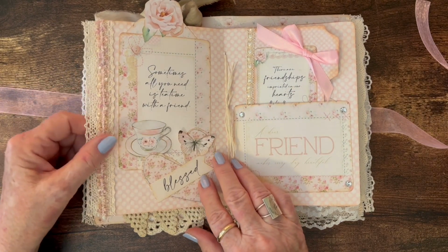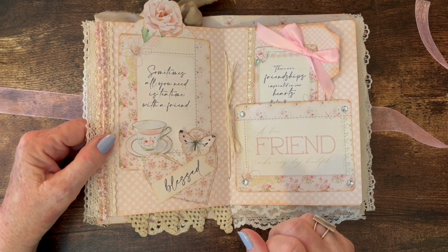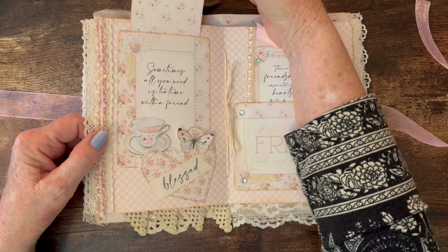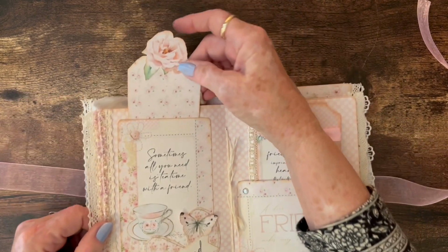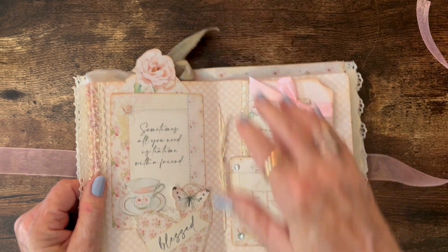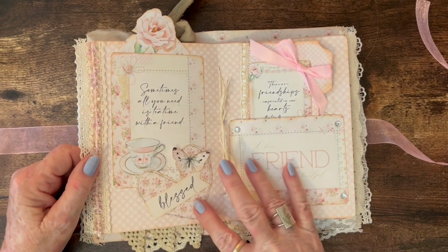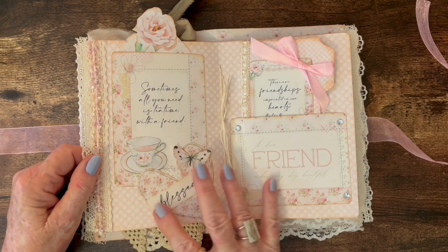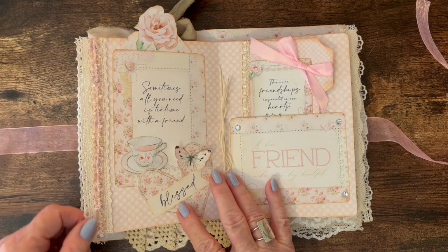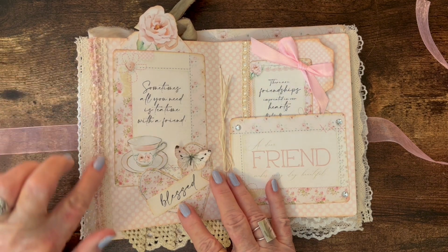On this page, I made a pocket out of this card that says, "Sometimes all you need is tea time with a friend." And I put a tag in there. I had to cut down the size of it, and I glued a rose at the top for a pull. At the bottom here, I've kind of angled one of the hearts, the words "blessed," and a butterfly. Again, I've put lace on the edge, sticking out past the edge, and some of that little glittery trim of